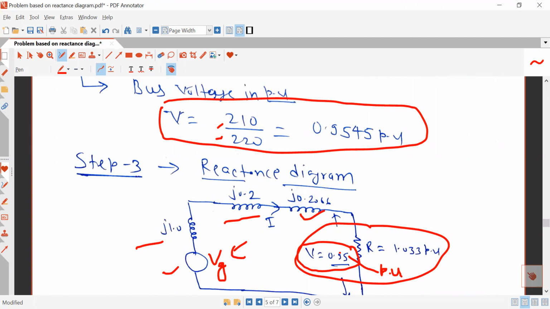So this is all about unit 1, the per unit system. And in the next lecture, I will discuss symmetrical components, and how you will analyze the power system under unbalanced conditions. So this will be the next topic. You can go through this video and try to solve the problem of the per unit system.